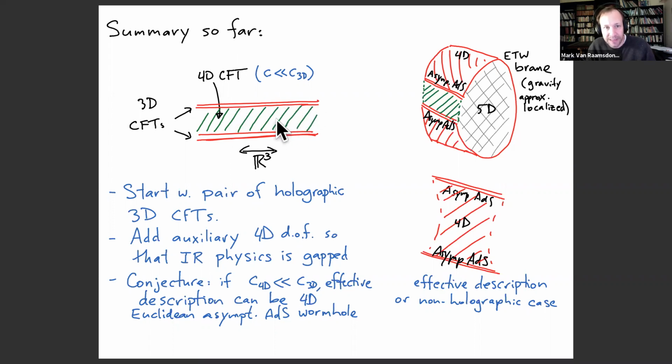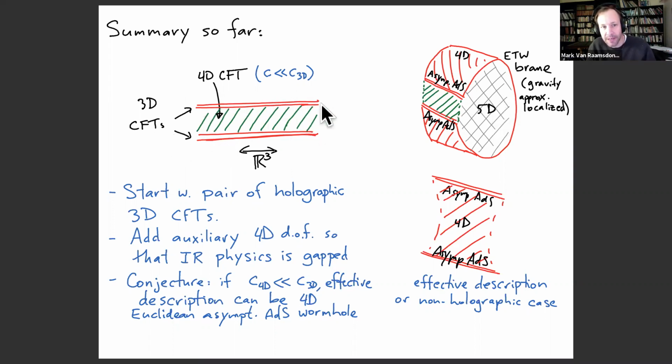They're coupled via a 4D CFT, which has many fewer degrees of freedom. And then the idea is that maybe generically, when you have such a thing, this 3D physics in the infrared would be expected to be gapped, and in the gravity picture, that confinement or that mass gap comes from the fact that you have an infrared boundary, and I'm going to argue that is understood as these end of the world branes joining up.